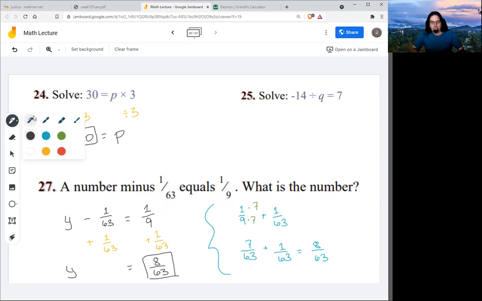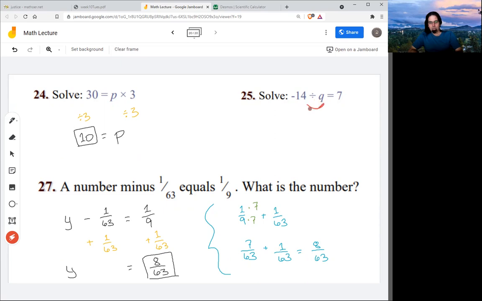I have minus 14 divided by q. And division isn't symmetrical, what math people call commutative. It's not true that 8 divided by 4 and 4 divided by 8 are the same thing. So this is not how do I get a negative 14 off of q. This is instead that q is happening to my negative 14. It's a subtle difference that makes this one twice as hard.